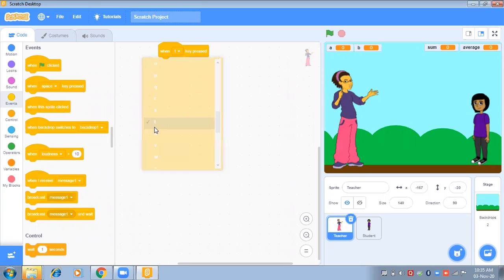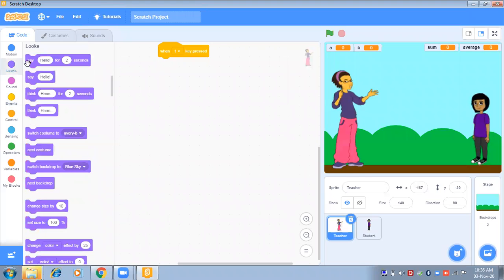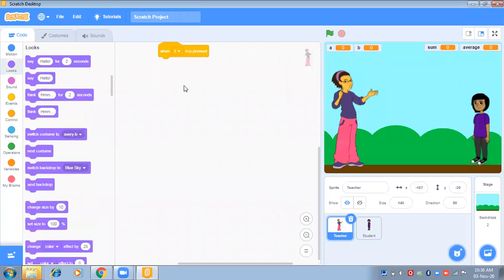When T key is pressed, the teacher will ask the student to enter two values, A and B. So we will go to the looks block, and first she will say, hello students.